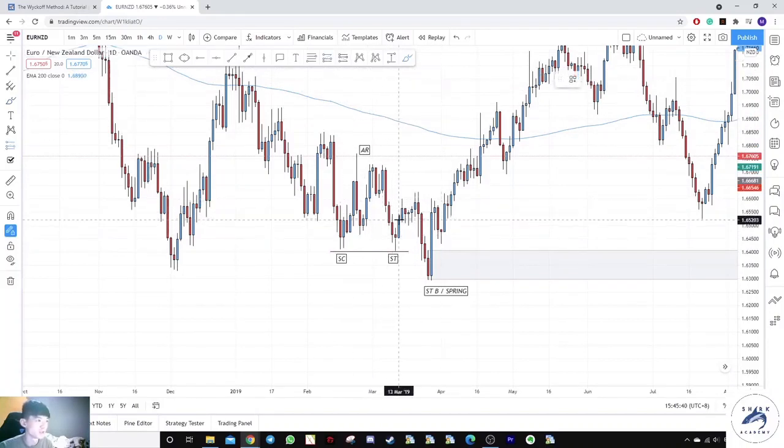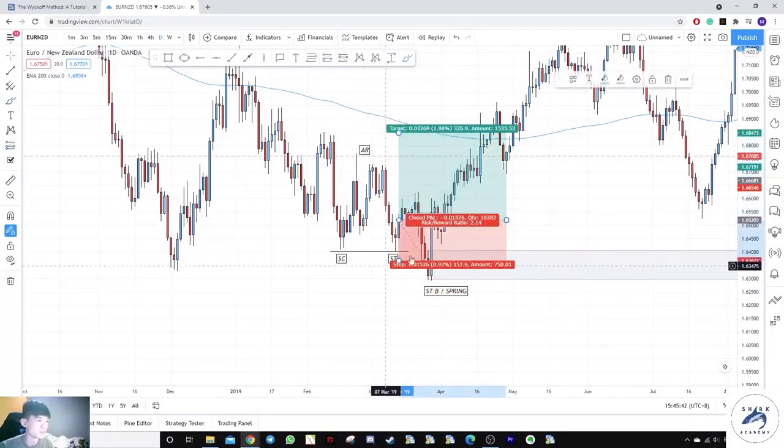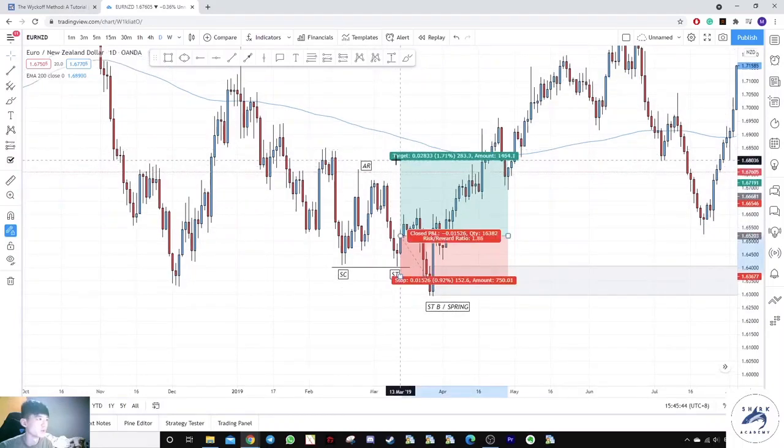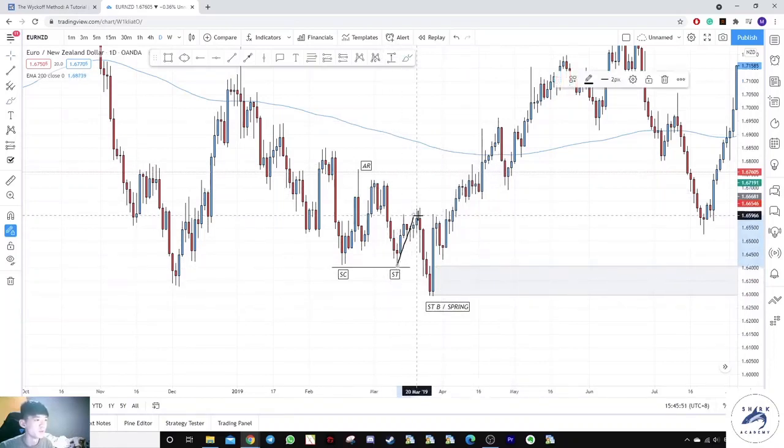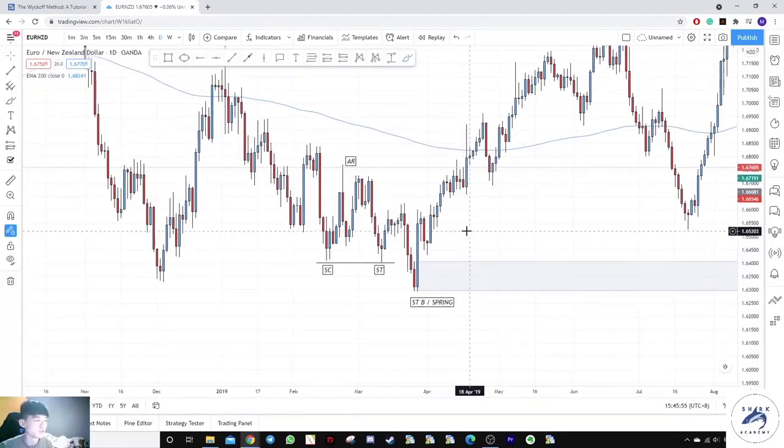For retail traders, you are trapped into buying here, stop loss below this zone, and maybe you are looking for previous high over here, right? And you do get into profits for a while, but price makes a breakdown, and most of the traders will have lost money here. So why is that so?